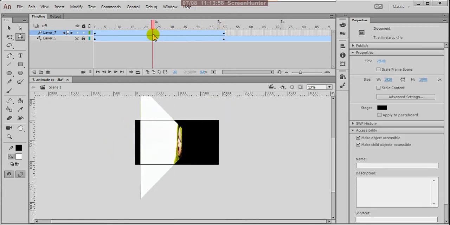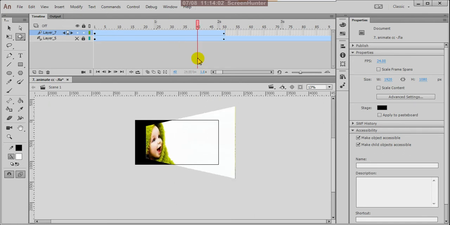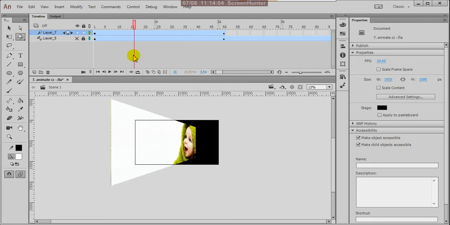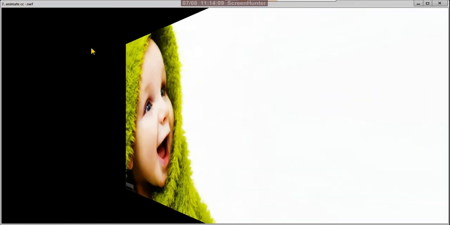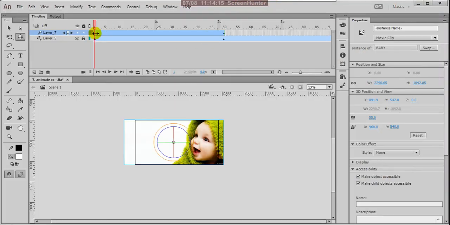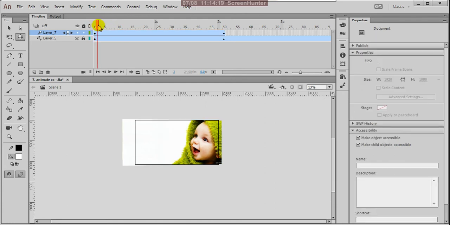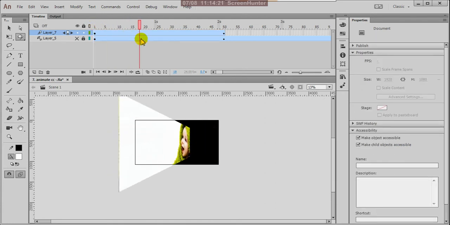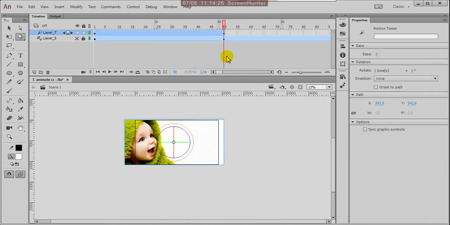So that means your picture is brilliantly turning this side. You can observe here, excellent. So this is going in perspective and coming here, yes.